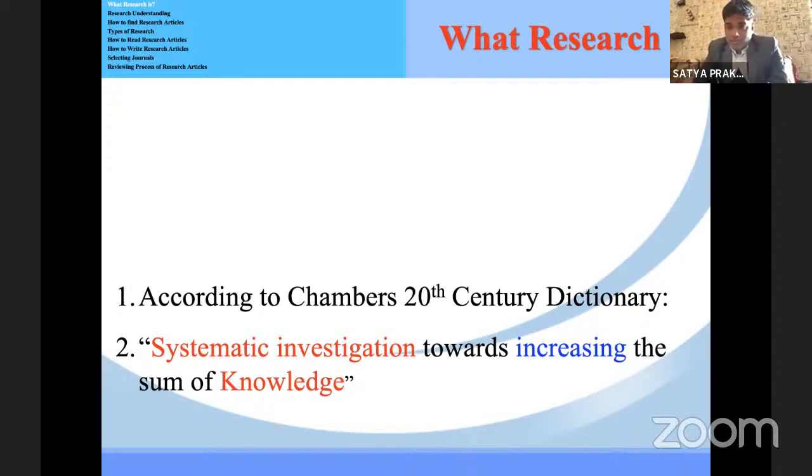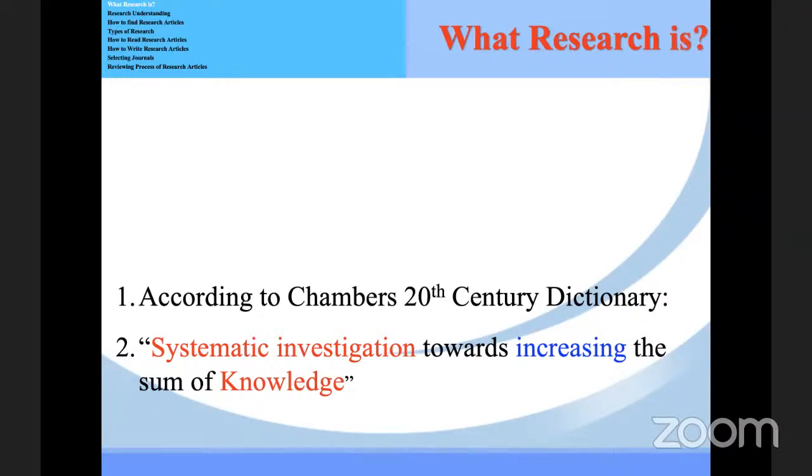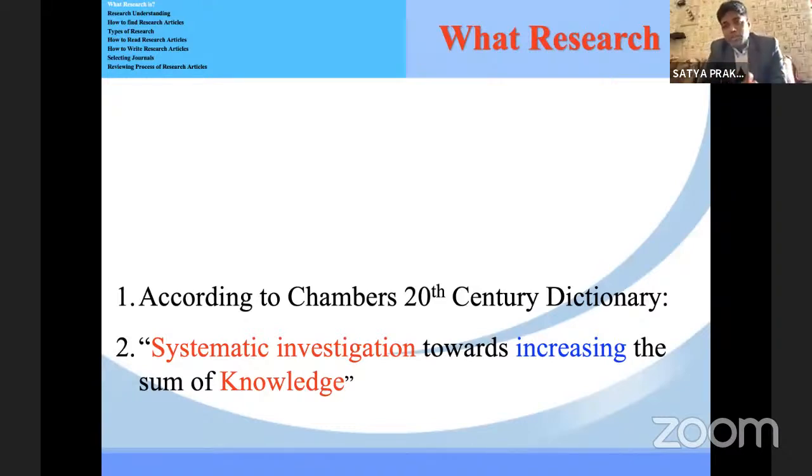Suppose at the current age you are writing word meanings, and after some time you are able to read books. This is research. It is something that improves your knowledge. Whatever you do to gain knowledge and improve yourself is a type of research.